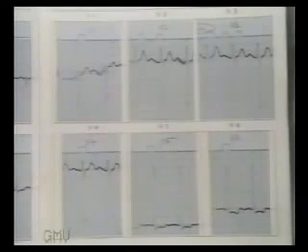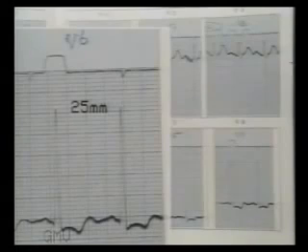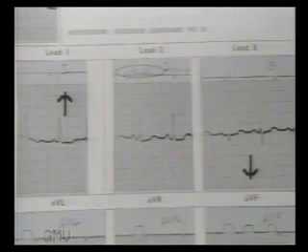In this ECG, again note the normal progression from deep S waves in V1 to tall R waves in V6. SV2 is 28 millimeters, more than 25 millimeters. So left ventricular hypertrophy is diagnosed. RV6 is 25 millimeters. So SV2 plus RV6 is 53 millimeters. All in support of left ventricular hypertrophy.